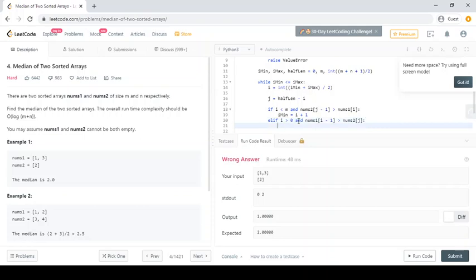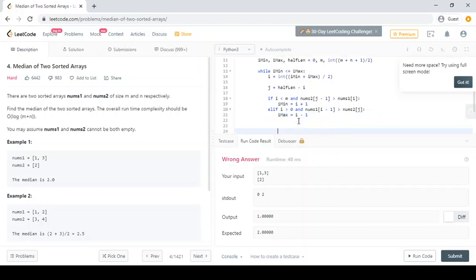If it is greater, then we'll shift our max values because we have to reduce the size. So I minus 1. If we find that our first array has a greater value than the second array's element, then we have to shift j towards the end, so in this case we reduce the j value.